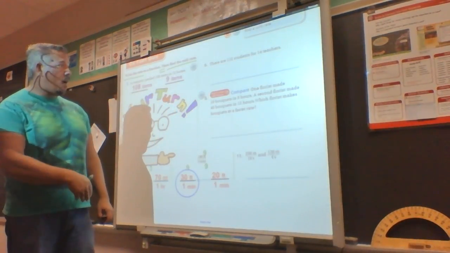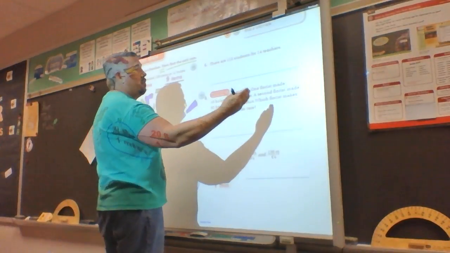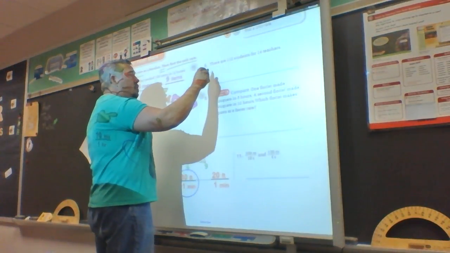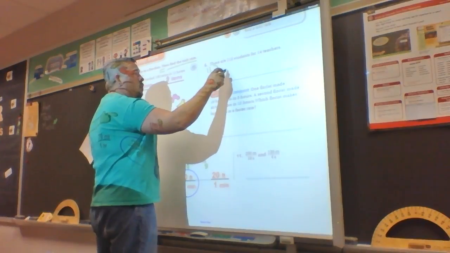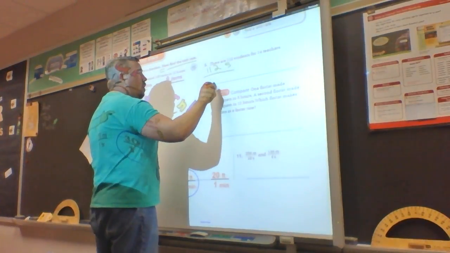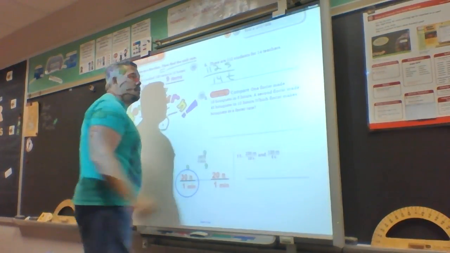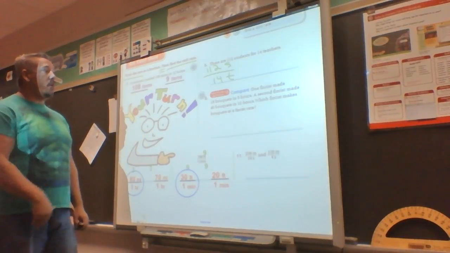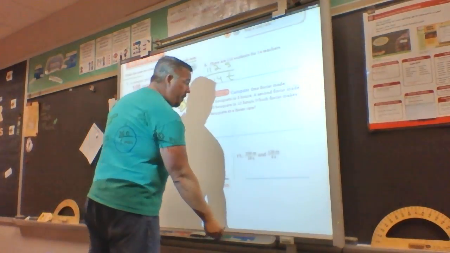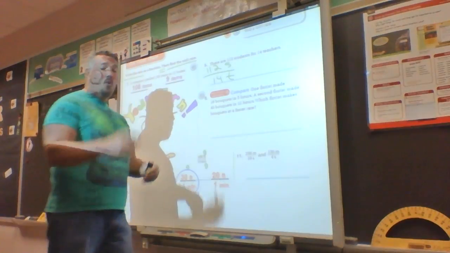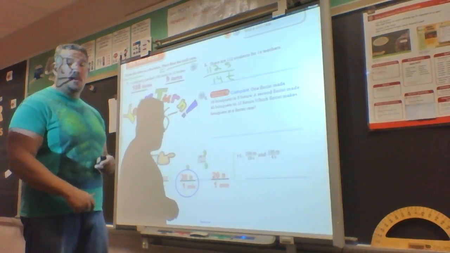My first one is my rate. So I know I have 112 students for 14 teachers. So I'd have 112 students per 14 teachers. And then I'm going to reduce. Well, I'm going to reduce by 14 because my unit rate, second part of the question, has to have a